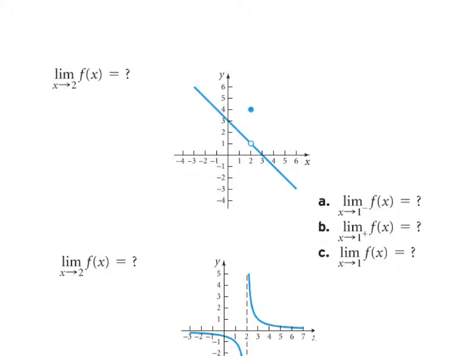I'm going to make my wall. Draw in my wall at 2, and then approach from the left. So again, start somewhere to the left of the wall on the graph, and then head toward the wall while I'm on the graph. And I hit a height of 1. Now, it doesn't matter there's a hole there, because we're just looking as we approach. So even though there's a hole in the wall there, that's okay. I would eventually hit the wall at 1.